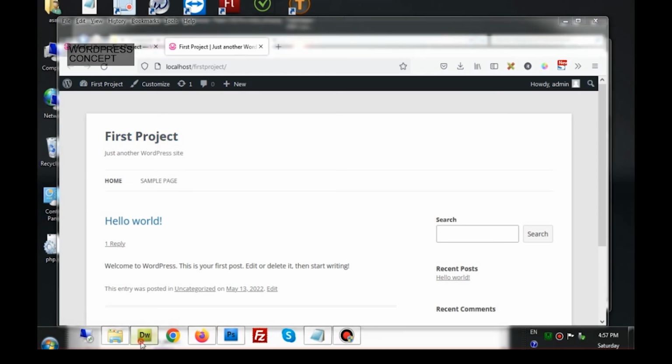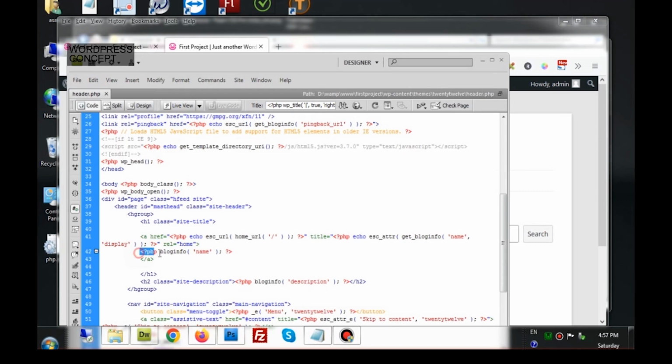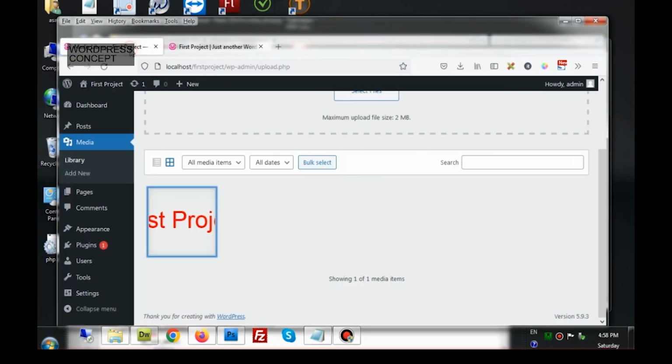Now we will actually change the text within that anchor. We will replace this text with an img tag, image tag, that will show the logo of the site. Now I'll write down img src equals to, and within these double quotes we'll write the URL of the image that we had copied from the media library.